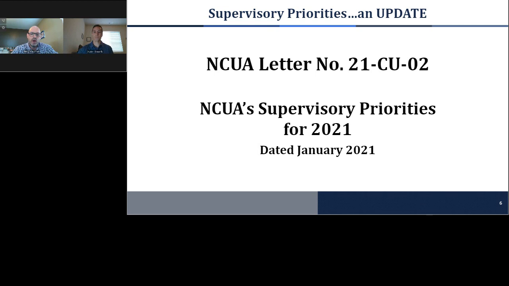And then going into 2021, we are still committed to an extended exam cycle for qualifying credit unions, and those will be scheduled throughout 2021. For the smaller credit unions, small credit union exam procedures still remain in place for those that have assets under 50 million. For those above 50 million, we'll obviously conduct a risk-focused exam, and we're always concentrating on the areas of highest risk, any new products or services, and compliance with applicable laws. So with that being said, as a kind of a disclaimer, let's get started.